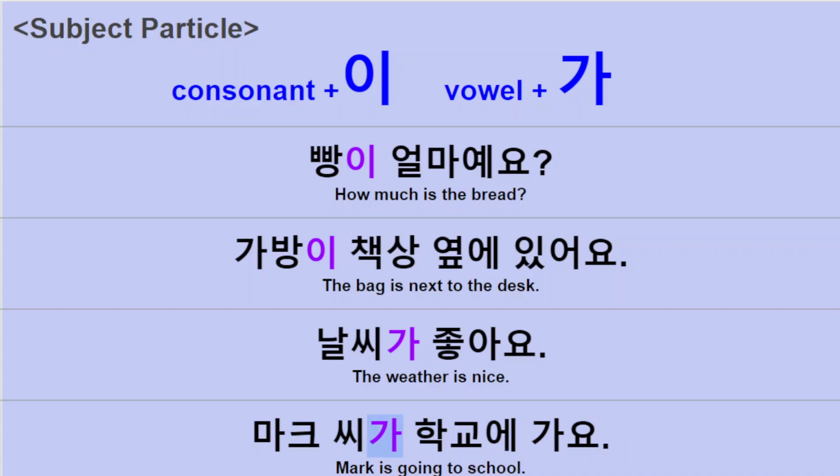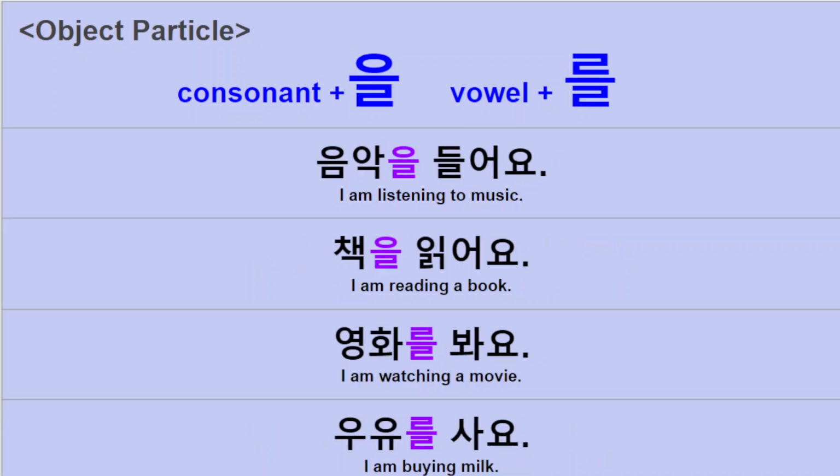Okay. And the next one is object particles. So object particles we have 을 and 를. These are the same pattern as subject particles. After the object we put these, and after words ending in a consonant we put 을, and after a vowel 를 is the right one. So the first one, 음악을 들어요. 음악 is the object here. So we put the object particle here, and the tricky thing is